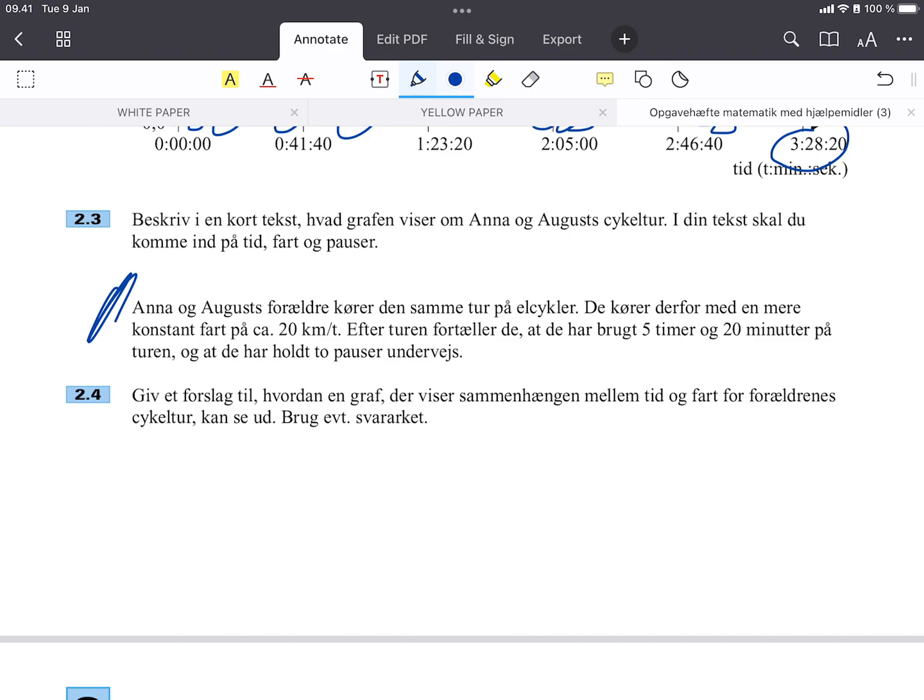Give a suggestion for how a graph that shows the relationship between time and speed for the parents' cycle trip could look. And then you can use the supplementary sheet that they've provided,